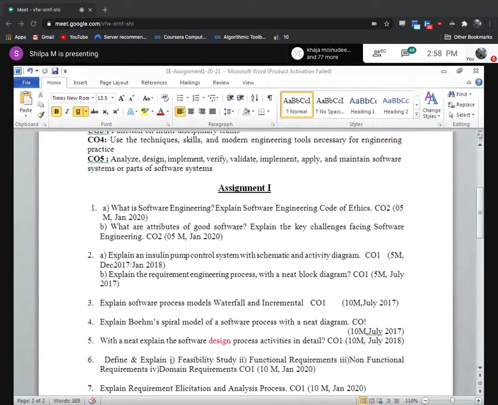Next, you have domain requirements. Domain requirements, there is nothing as such in your textbook in ninth edition. I think it was there in the previous editions, I don't know, but it has been there in your question paper. That's the reason I have given that. You can go through slide 48 and 49 within my PPT. Okay, I've shared my PPT, right? Or maybe I'll share that PPT, any PPT which will have domain requirements, you can write that from the PPT. Okay with this?